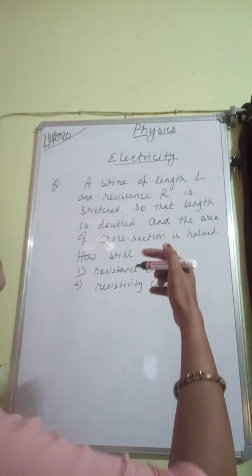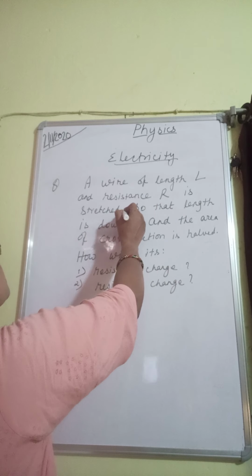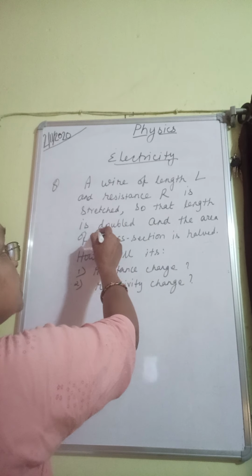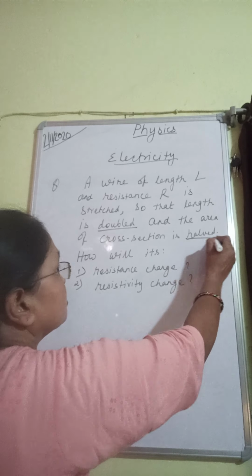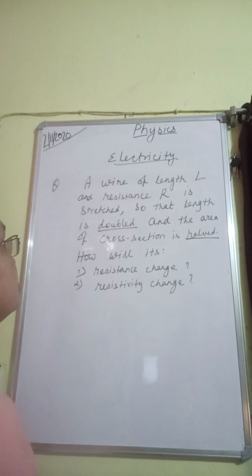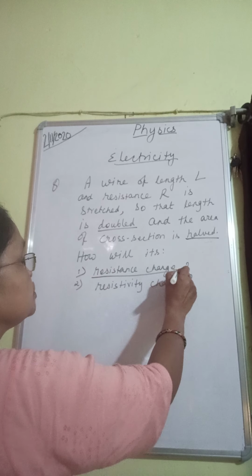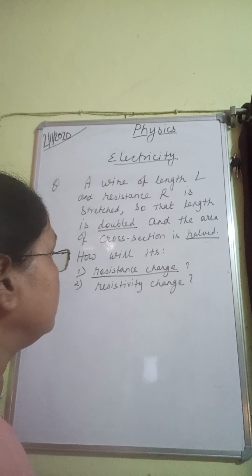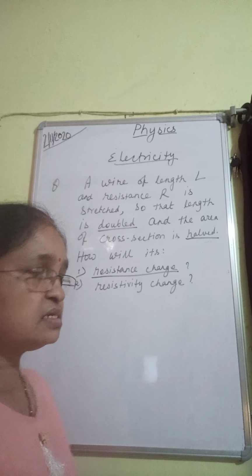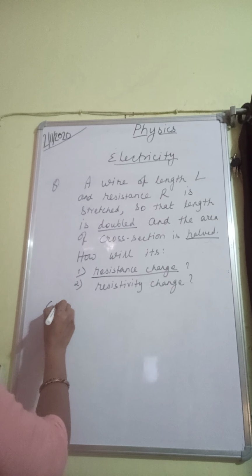So you will see that length is doubled and area of cross section is halved. So the condition is given, you have to show how its resistance changes. So let's see, we know the formula of the resistance, for the first case, case 1,